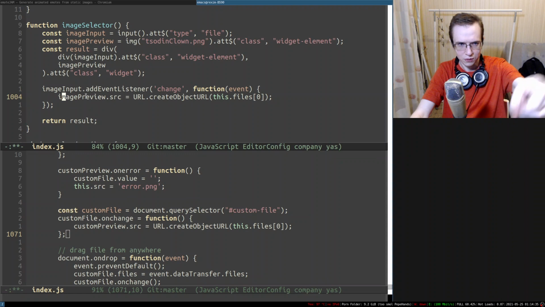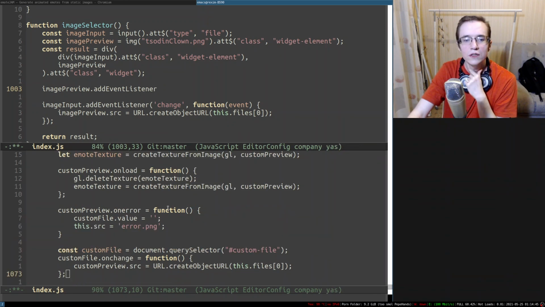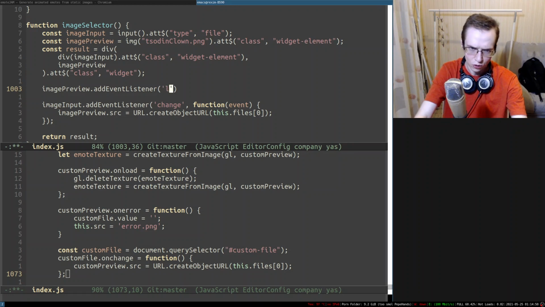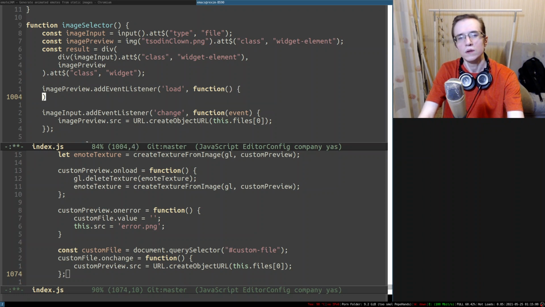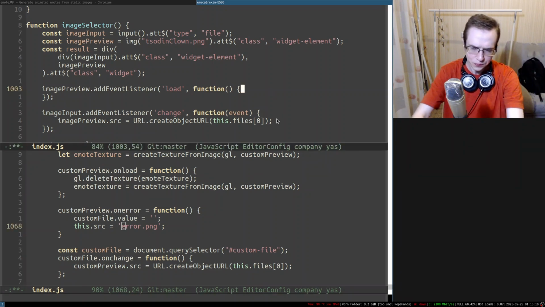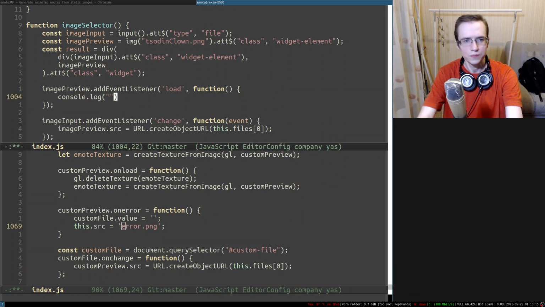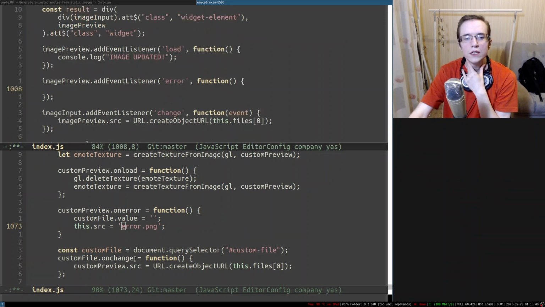So you have an image input, you update image input, that updates image preview, and in image preview, we're going to add an event listener. And I suppose the event that we're looking for is load. So it's going to be a function. It can also have an error. So let's put it this way: console log image updated. And I suppose we can also do something like image preview add event listener error, and in that particular case, I suppose what we're going to do in here is